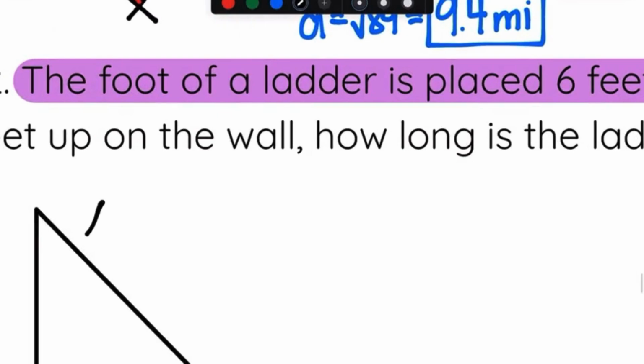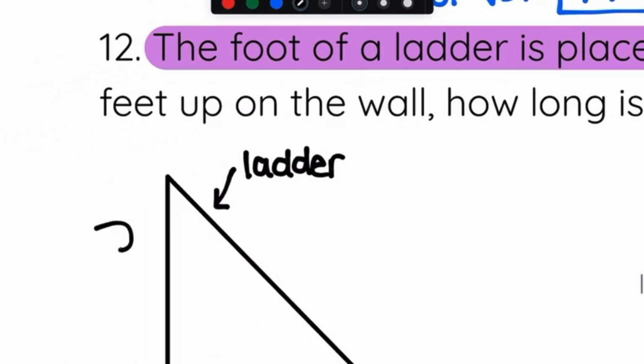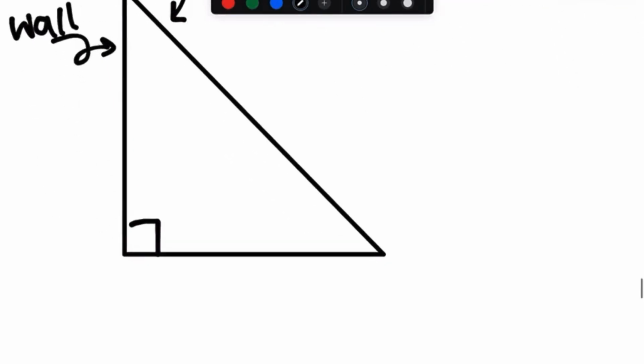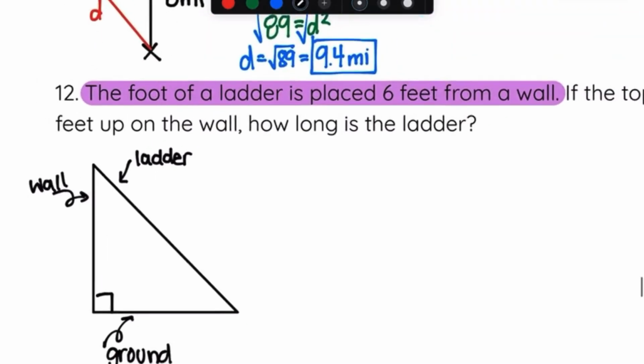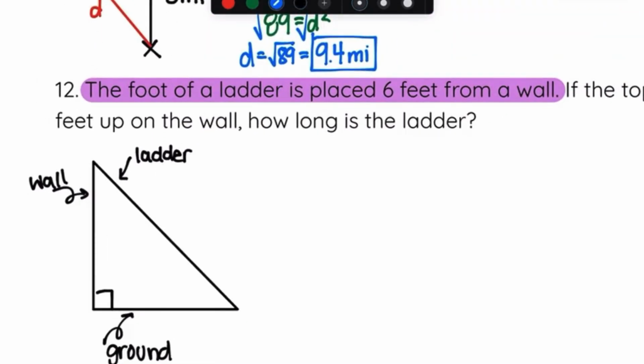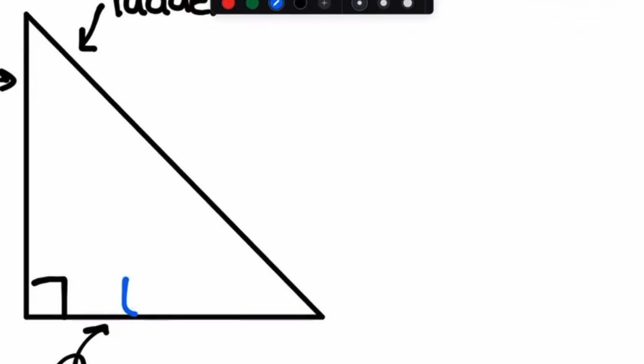So here, this side here is going to be my ladder leaning up against my wall. So then this side here is going to be your wall. And then down here, of course, would mean we have the ground, okay? So the foot of a ladder is placed 6 feet from the wall. So that means